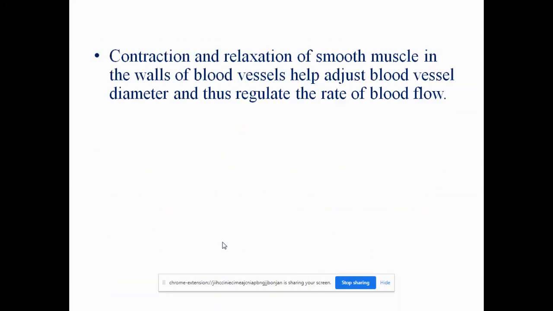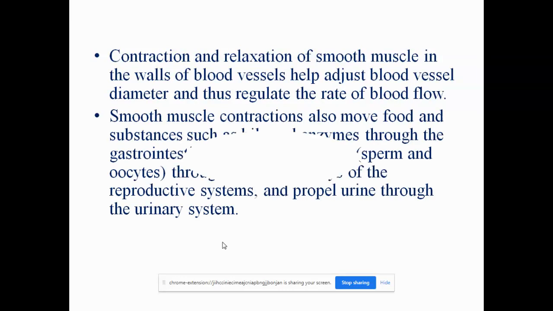Contraction and relaxation of smooth muscles in the walls of the blood vessel help adjust blood vessel diameter and thus regulate the rate of blood flow. The constriction and dilation of the blood vessel depends upon the contraction and relaxation of the smooth muscles that make up the blood